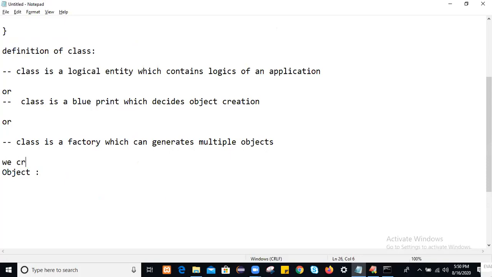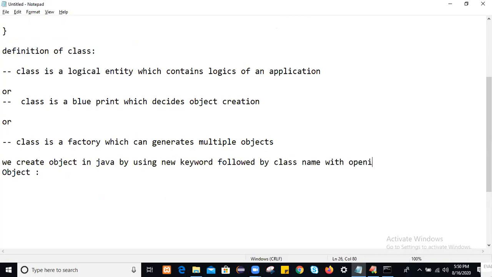We create an object by using the new keyword followed by the class name with opening and closing parentheses. For example, I have a class named Test, and I want to create an object within this class.